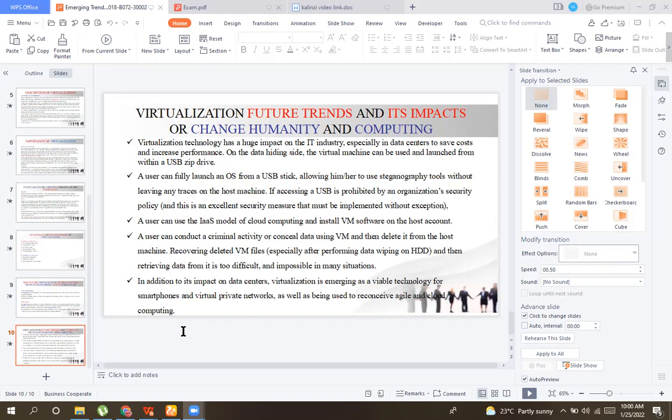So that is the basic practice: you go to set up and enable your virtualization so that you perform everything in your system.